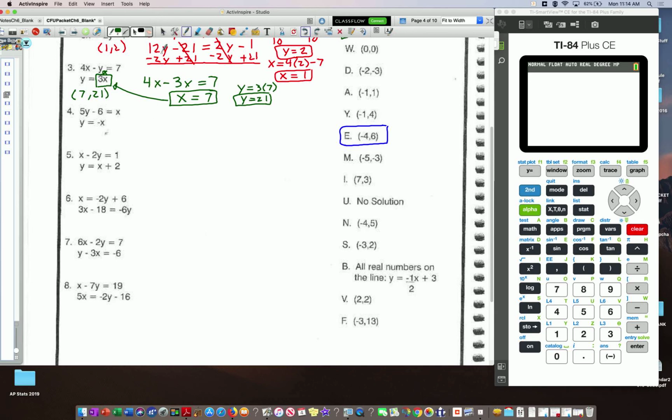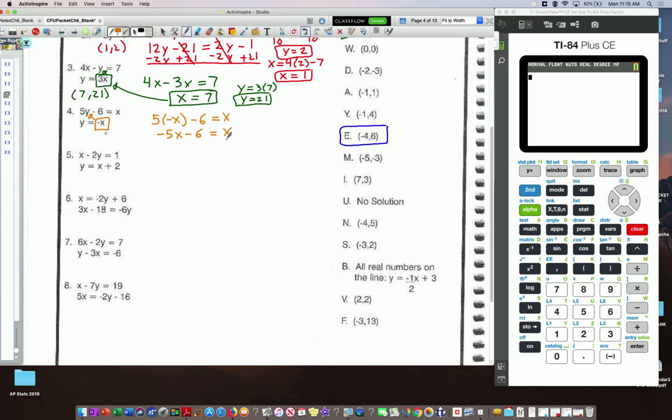So number 4, you actually have some choices on this one, depending on how you want to substitute. You could either put in this for y, this value here for x, or you could put what y equals in right here. So you got some choices. I'm actually going to do that. I'm going to take this and plug it in for y. So I have 5 times negative x minus 6 equals another x. So I have negative 5x minus 6